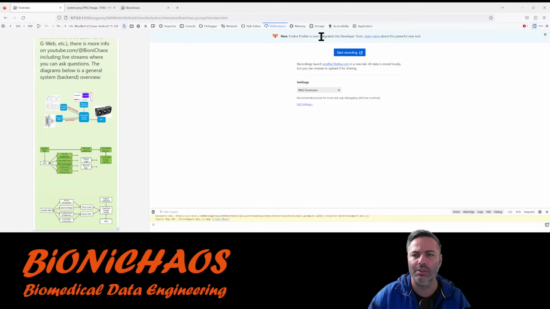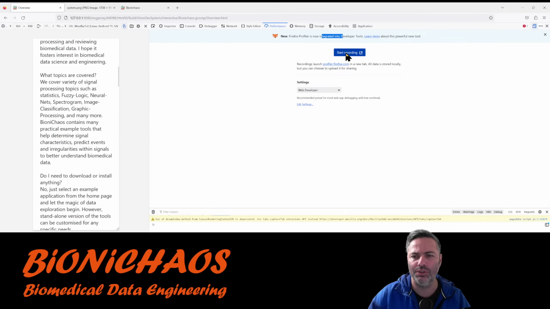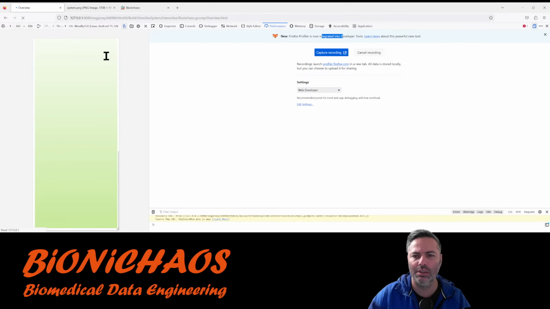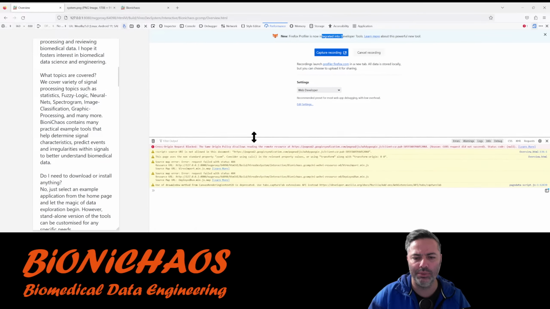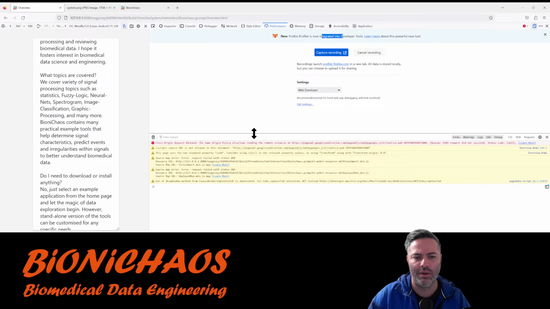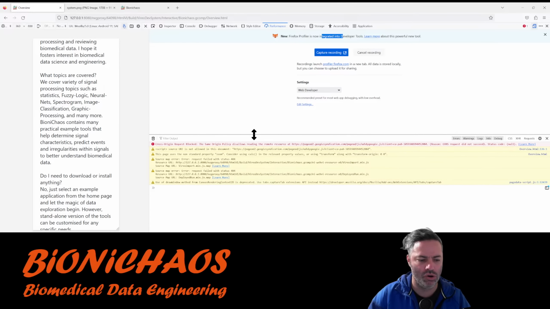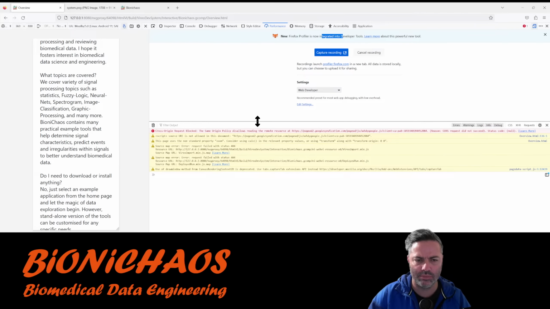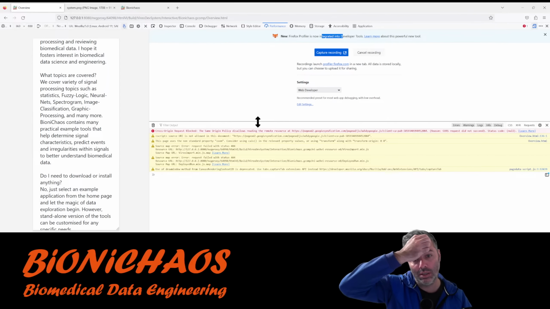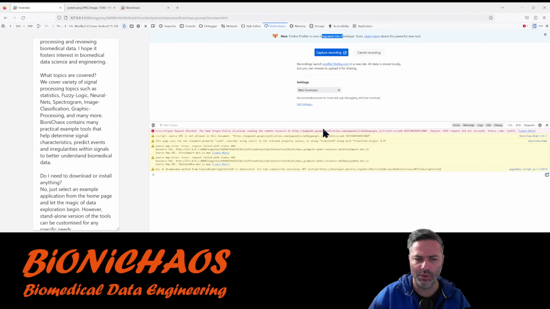Web developer tools, start recording. Okay, where is it? Pretty sure cross origin should be okay. I'm on the ad blocker, so this one's blocking the Google syndication. That's fine. That's blocked. It's okay.